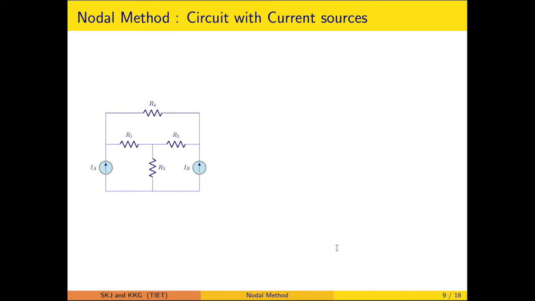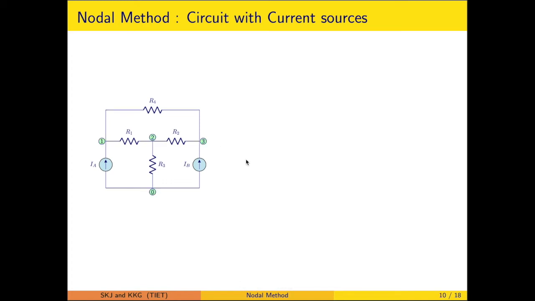This is again the reference circuit. Here we can easily identify the nodes. This is one node, another node, another node, another node. So there are 4 nodes in this circuit. Now one of the nodes has to be marked as reference. This particular node is marked with 0, so that is to be taken as reference. We will also be assigning the voltages V1, V2 and V3 corresponding to nodes 1, 2 and 3. Please be mindful that these voltages are or will be with respect to the reference.